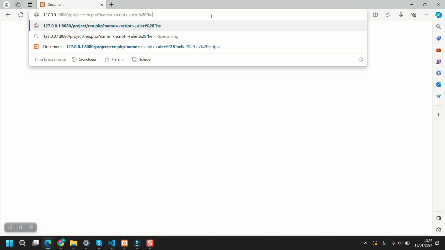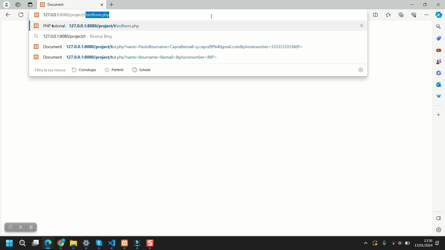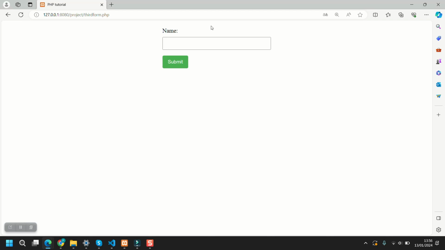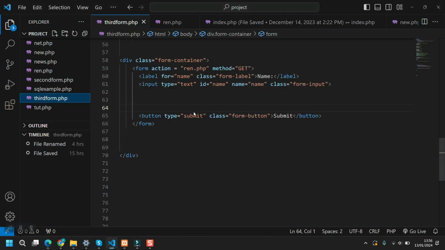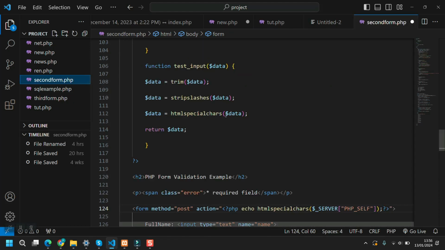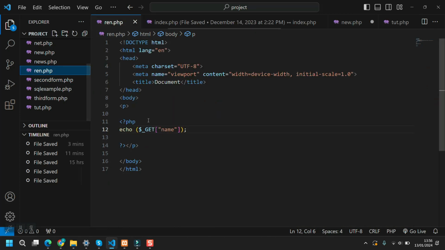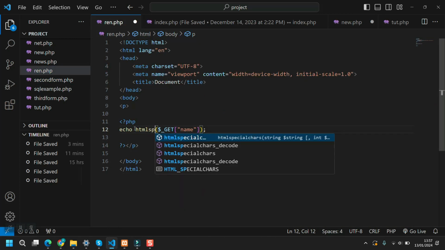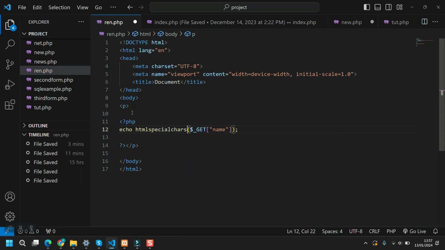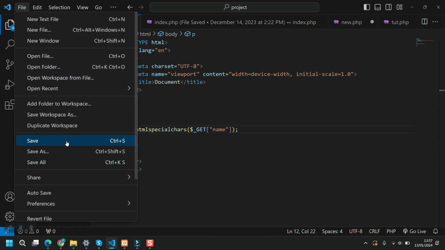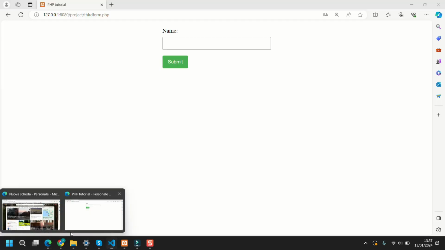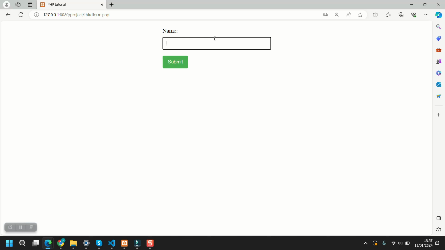So these kinds of features exist, as we have seen. In order to prevent this, we saw HTML special characters. Okay, we come here. If we use HTML special characters, save the page, and we try to do the same trick, then if we send this here, as you can see,